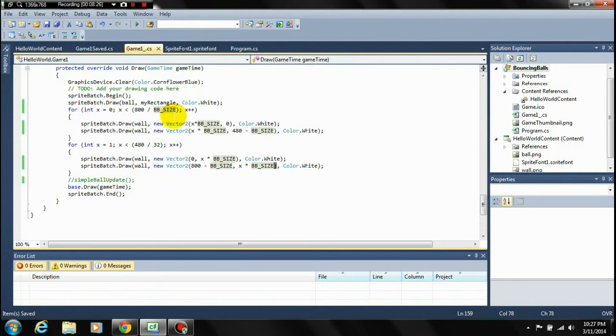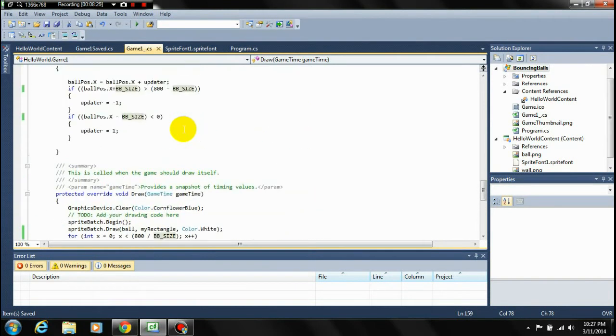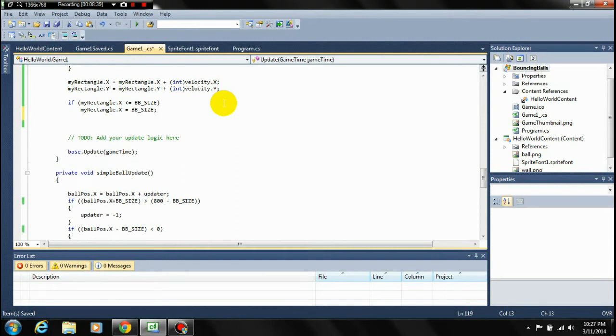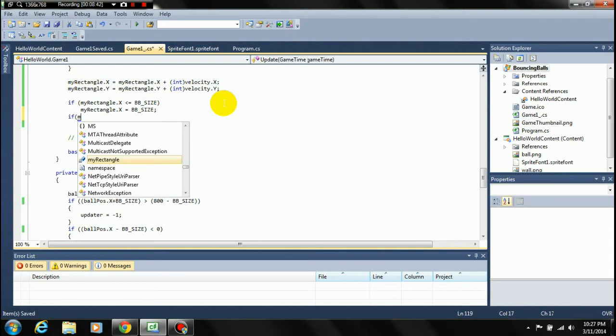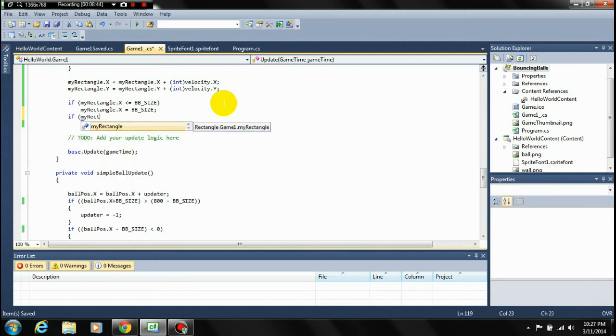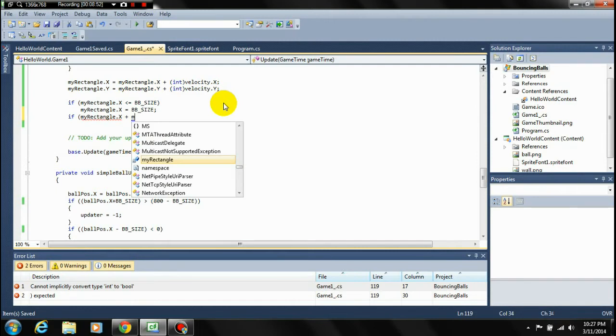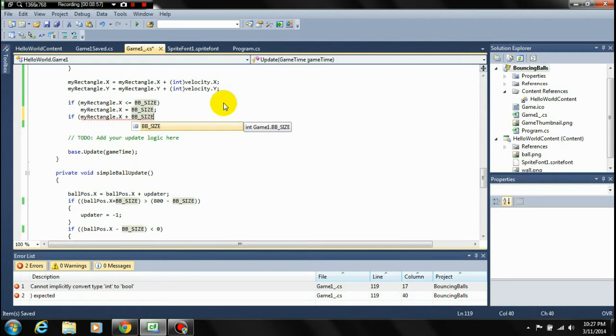And that should do it. So the next thing we want to do is basically tell if we're outside of the bounds, and if we are, we're going to basically stop. So if my rectangle dot x plus the bb size is greater than or equal to our screen width, which is 800,